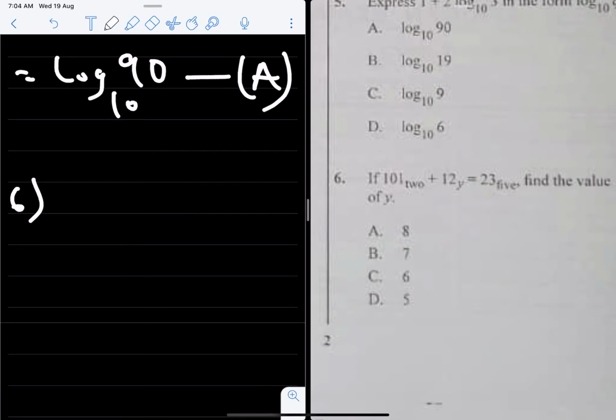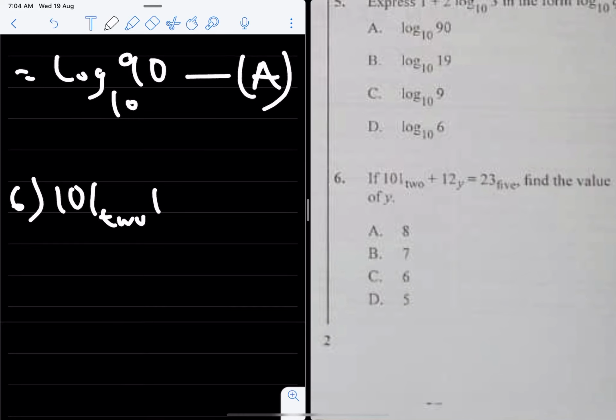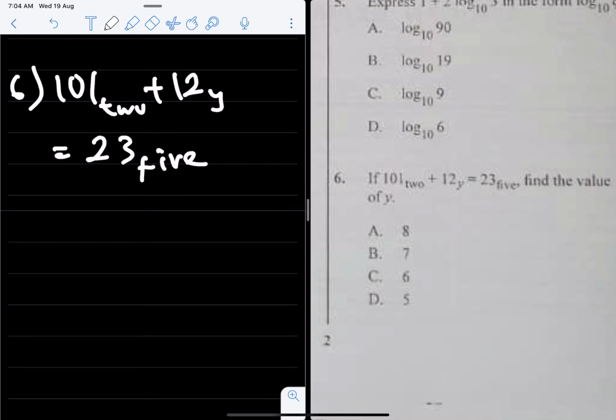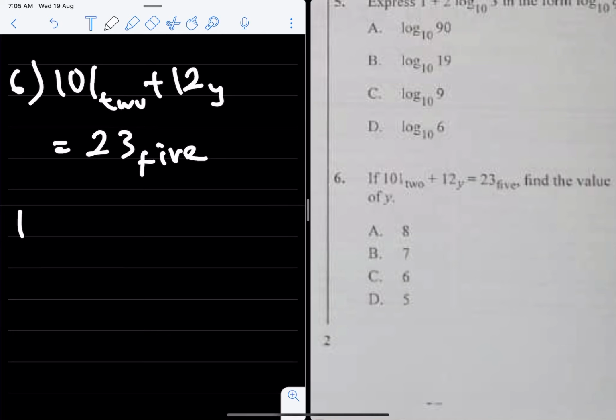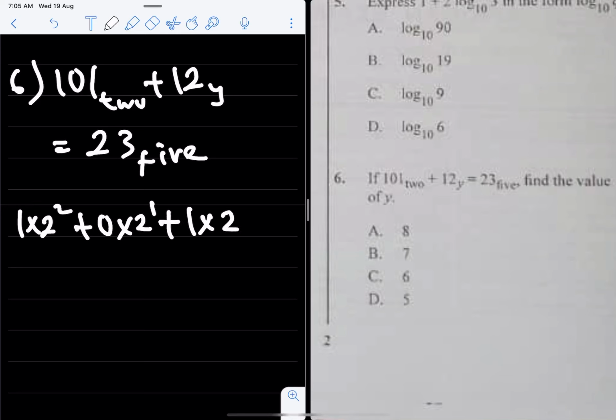If 101 base 2, sorry, not 101, 102 base 2 plus 12 base y equals 23 base 5. That simply means we can change 101 base 2 to base 10. That simply means 1 times 2 raised to power 2 plus 0 times 2 raised to power 1 plus 1 times 2 raised to power 0